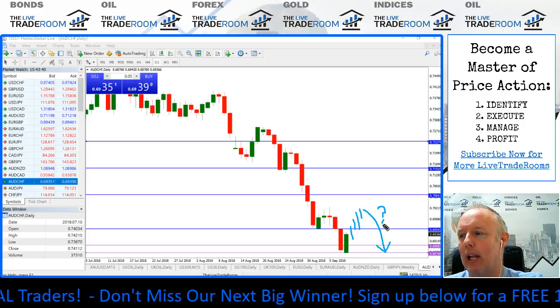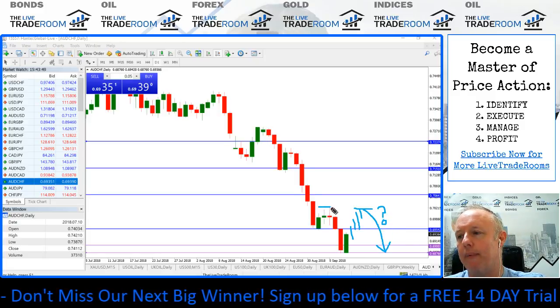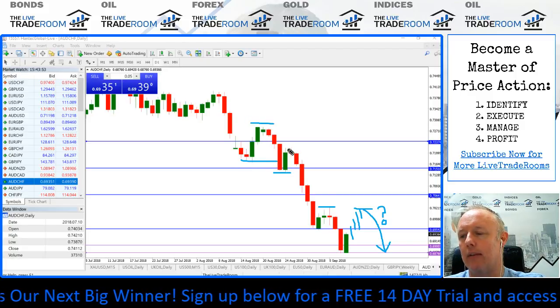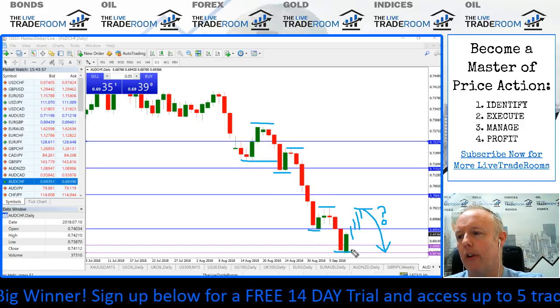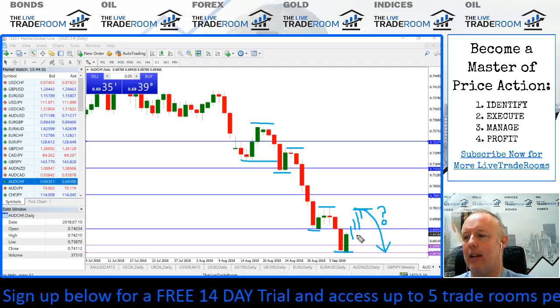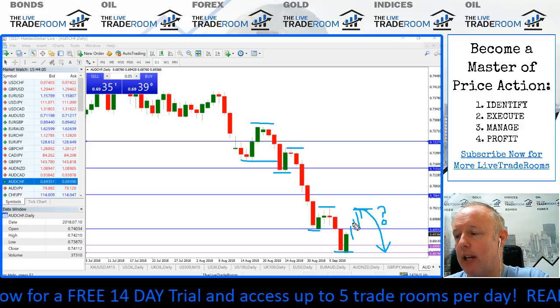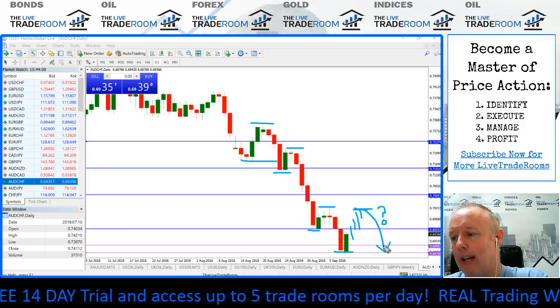So how much higher does this price move? Obviously, that is the million-dollar question. We don't know. But what is likely to occur is the continuing of a trend to the downside. So that's when you see lower lows on the way down, followed by lower highs. So even something like this, which could still see a little bit more bullish behavior to the upside, is very likely to take a little move to the downside.